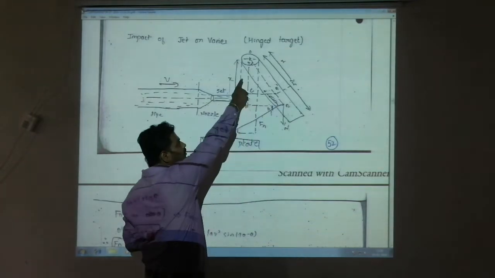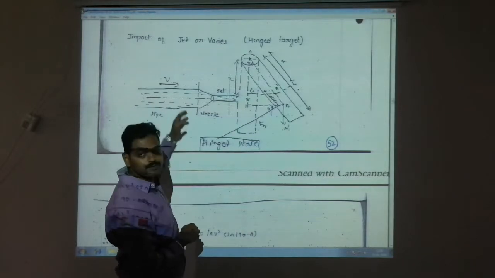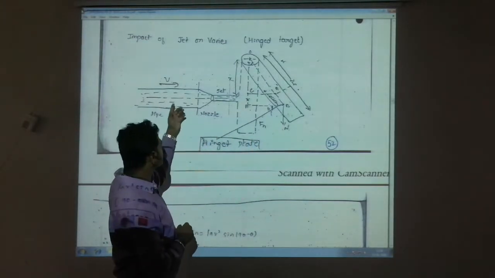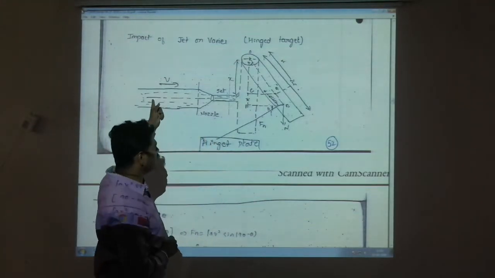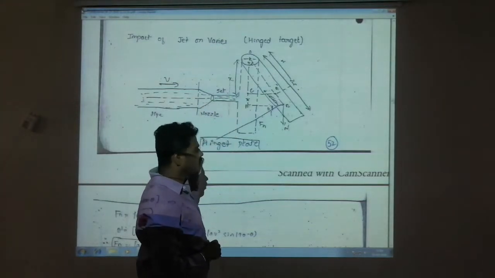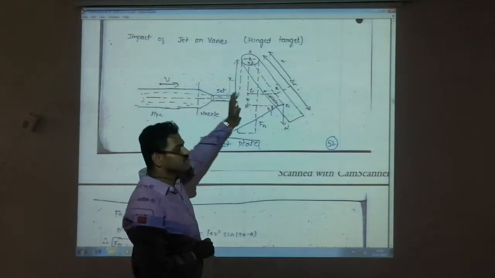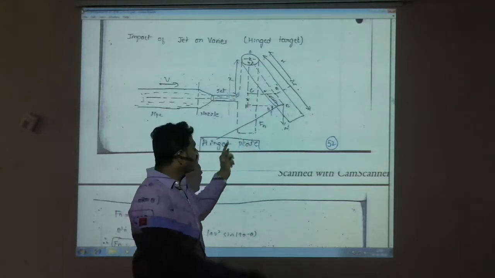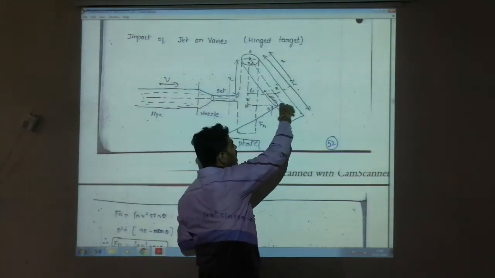So when the top end has been fixed, the jet of water comes out from the pipe and strikes. We have to see what velocity is coming out from the pipe. That is the initial velocity v. When the plate is at equilibrium, at rest, and the jet strikes it, the upper end is fixed and the bottom end is free. So the plate is going to be tilted for some distance and some angle.